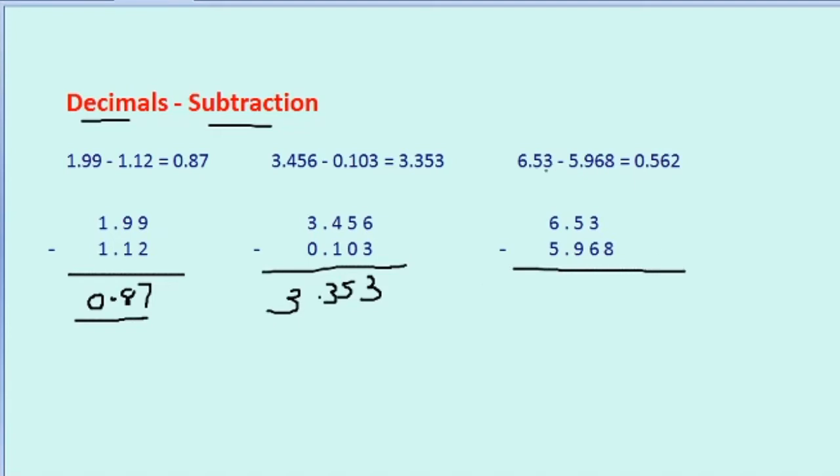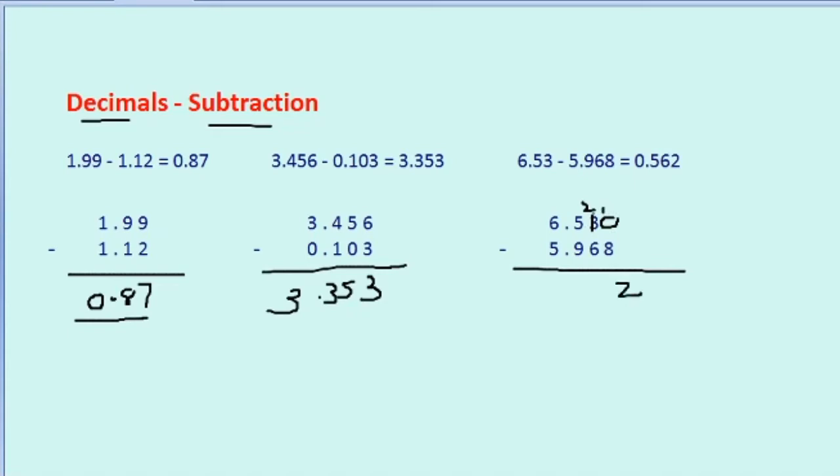Now here, 6.53 minus 5.968. Okay. Now you write first 6.53. After that, minus 5.968. Now above 8 there is no number, so we will consider it as 0. If you add 0, the value of the number is not going to change. So we cannot subtract 8 from 0. So what we do? We cut this number, we make it 2, carry 1 here. 10 minus 8 is